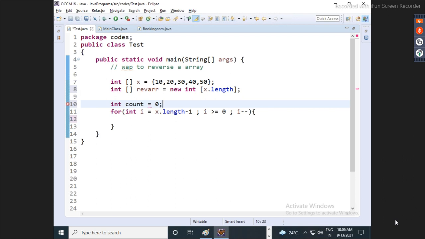So boss, instead of printing this, I will take one variable, count = 0. So here I will say revArr[count] = x[i]. And for the next iteration, I'll do count++. How is it working? See, guys, what is the value of count now?